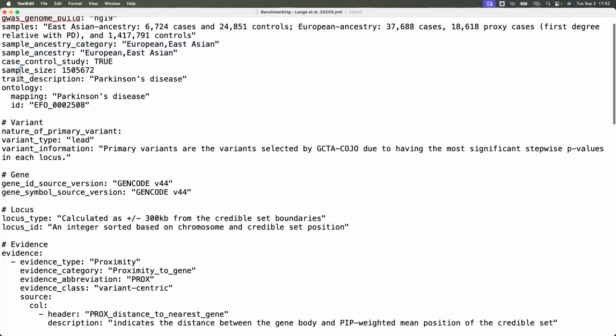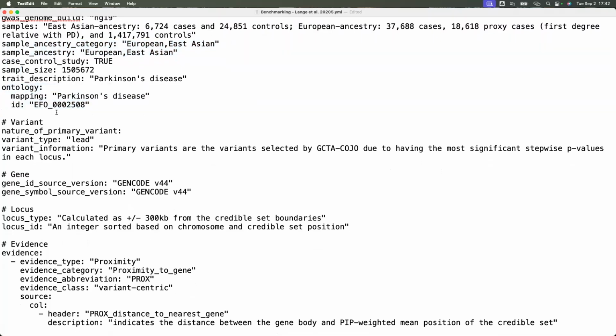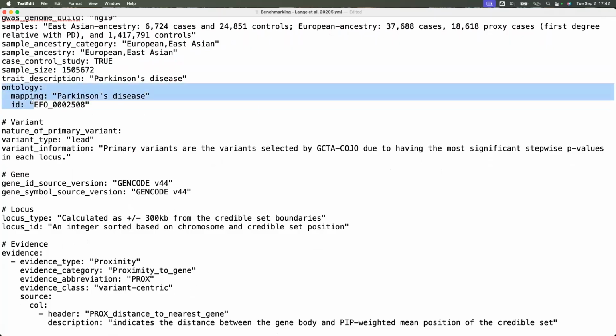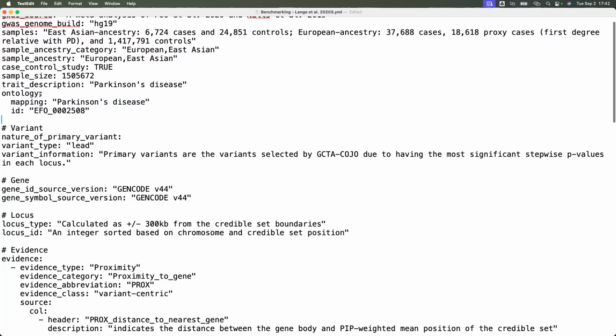For the ontology, I'm used to working with YAMLs, and this kind of indented format is fine, but it also might be good to keep things as simple as possible for more lay users. And having this indentation, I think, can be intimidating for people.